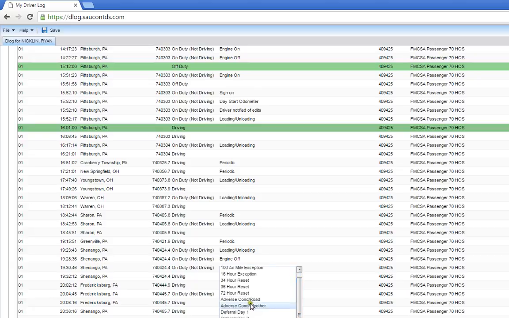One of the comments is adverse condition. You have road or weather. Weather would obviously be if you encountered a storm, hailstorm, snowstorm, lightning, whatever it may be, wind that delayed you. In this case, I'm going to mark road again,